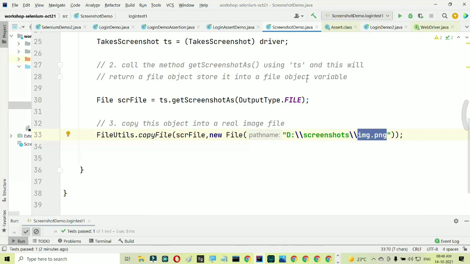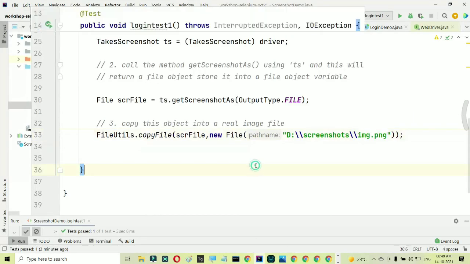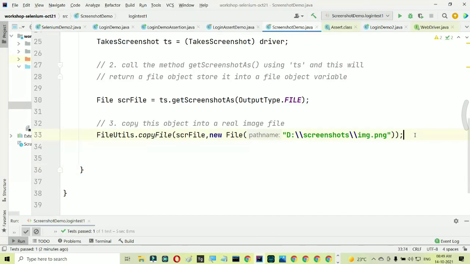Now to understand the date in Java, I have given you all the Java tutorials. In the date notes you will get the Java tutorials, out of which please learn that date video. What code I am going to write now, you will understand better. Still I'll try to explain, but if you want to understand this in a proper and deep manner, you have to watch that video, date in Java.